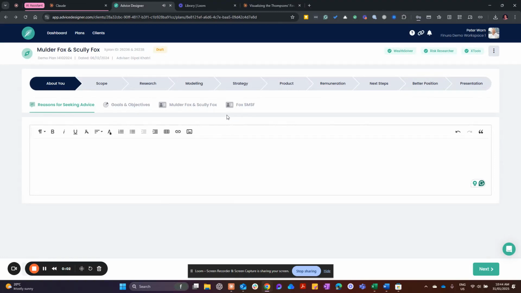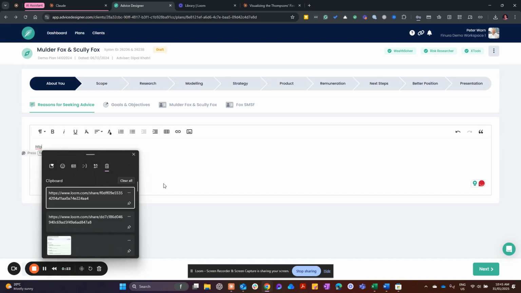We've had a great idea come to us from one of the users of Advice Designer, one of our early adopters, and this is a paraplanner. In this particular case, the advisor was using a pretty text heavy way of illustrating client goals. So an example would be, under here, we would have a very simple output from their file